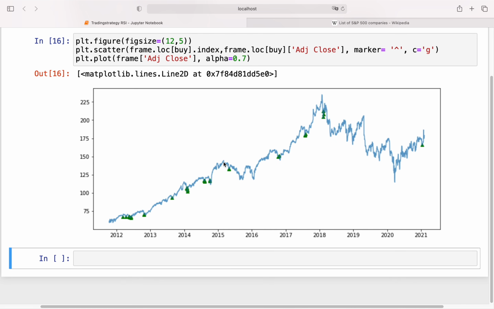So here you are buying the asset on these green markers here, right? So it seems to work, sometimes not that good, here in this case. But for me it doesn't make much sense to plot the selling signals as they are just like maximum 10 days later, right? So yeah, let's do one more thing. Let's calculate the profits for this one ticker symbol, and then we are going to do that for all stocks